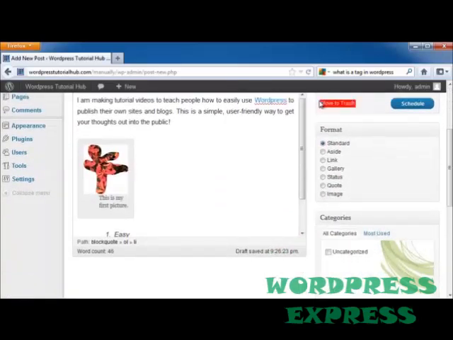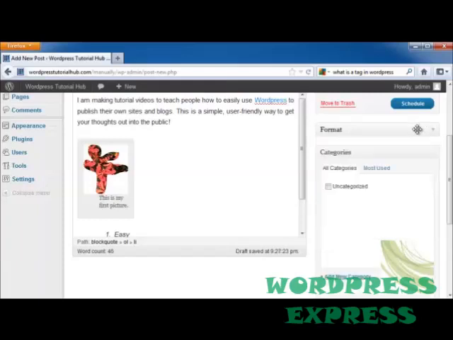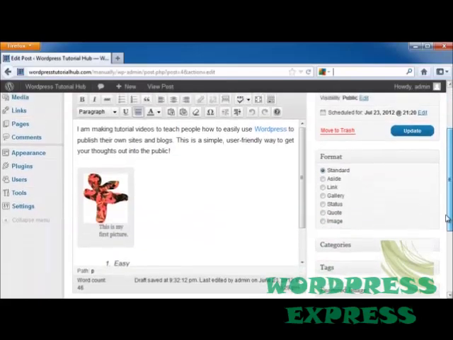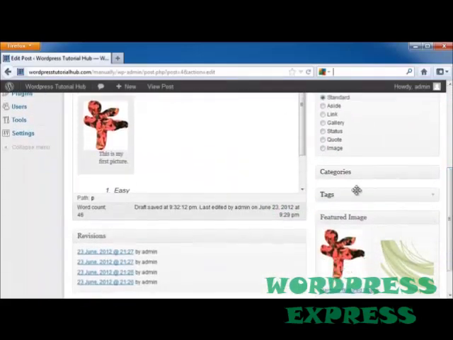Now on the bottom, it will ask you about the format. If you want a standard format, an aside, a link, a gallery, a status, a quote, or an image. You can open and close any of these categories by simply clicking on the title bar. Next, as you scroll down the page, you're going to see the categories and tags. We're going to get into those in the next tutorial because those are how people are going to find your posts according to what it is they're looking for. So for instance, I would assign words that would go for categories and tags that would deal with WordPress tutorials